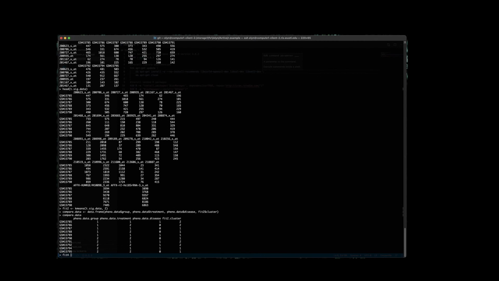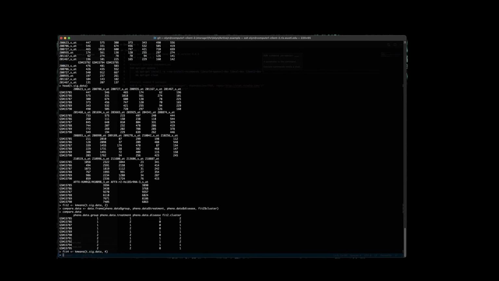Maybe there's a difference. So then we can do k-means again. Again, t.sig.data, we want that transposed data for this, 4. Instead of the 2, we're doing 4. So we hit enter, and now we do a similar thing. compare.data2, we'll call it 2 so that we have a different one, the arrow. And then data.frame, we want it as a data frame. pheno.data$group, pheno.data$treatment, pheno.data$disease, and then fit4